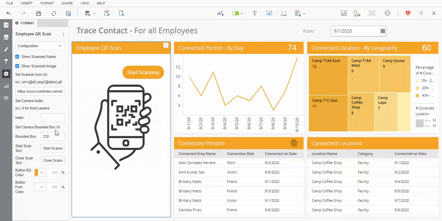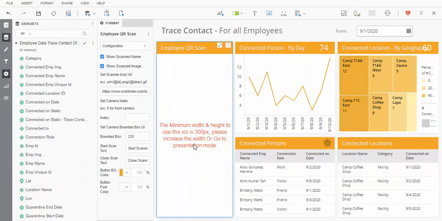Here is the bounding box. When you start the scanning, there is a white QR bounding box, and you can set it according to your device and the width of the visualization. There are also text and some formatting options. But to make this plugin functional, you need a minimum of 300 pixel width and 300 pixel height.